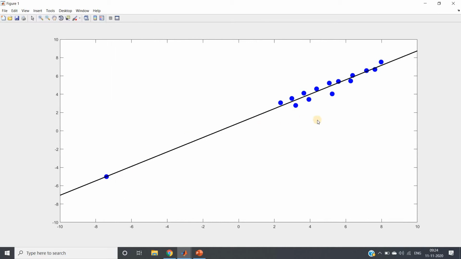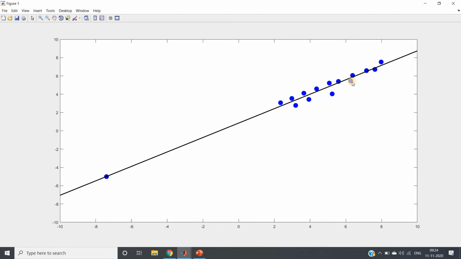Now you tell me, very important, see carefully. The points of our data set are basically making one cluster, and from visual inspection itself we can clearly conclude that this data point is our outlier, because it is highly different from the rest of the cloud of our data set.